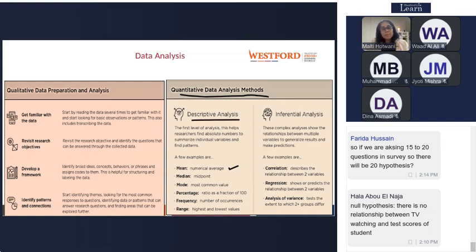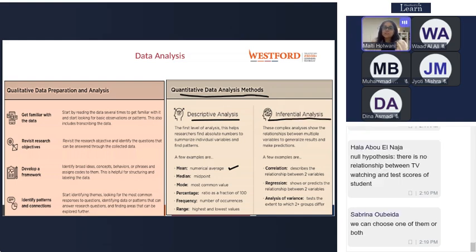You can present them in the form of bar charts, pie charts, line charts, right? And inferential analysis is the relationship between two variables. You have to choose any one, Sabrina. We are not allowed mixed method, either quantitative data analysis or qualitative data analysis.